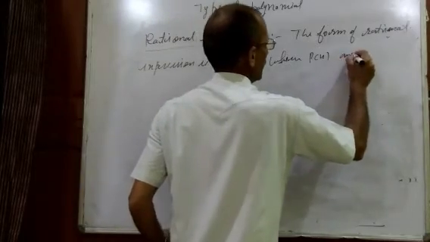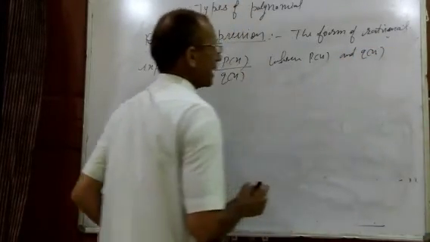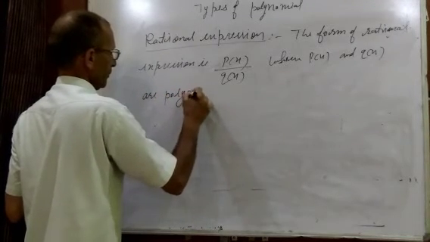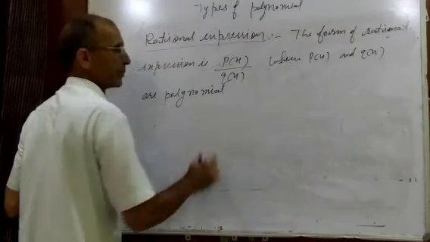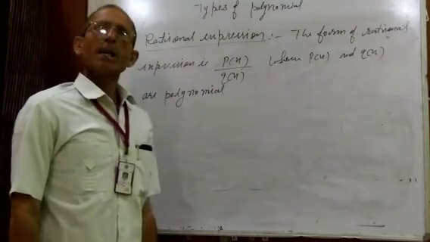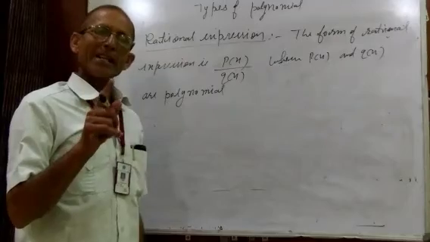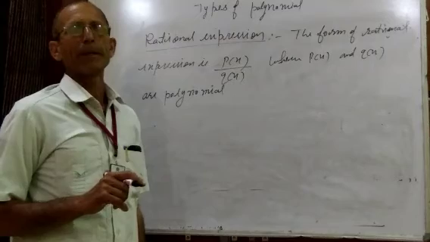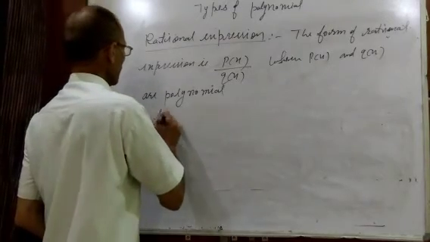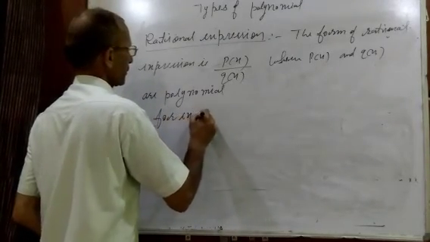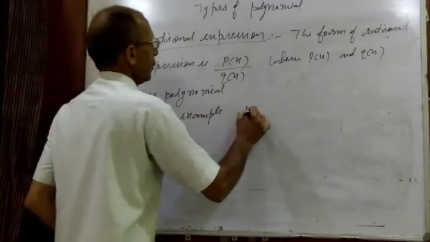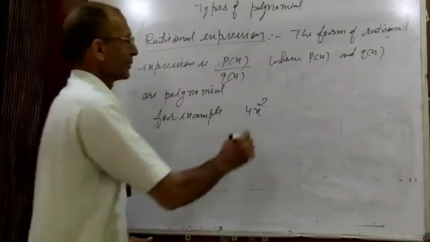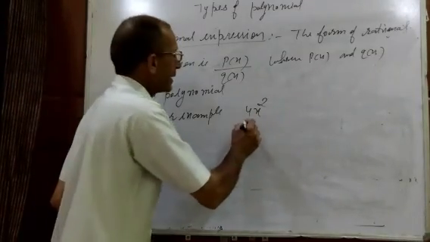So in p(x) by q(x), p(x) and q(x) are polynomials. All polynomials can be rational expressions, but it is not necessary that all rational expressions will be polynomials. For example, four x square is a polynomial and it is